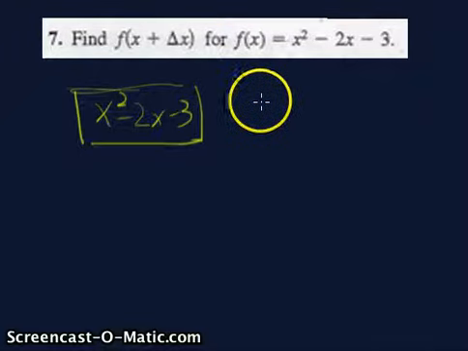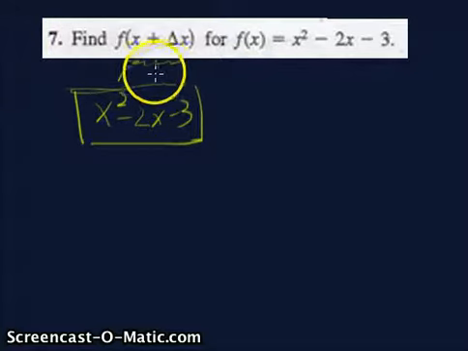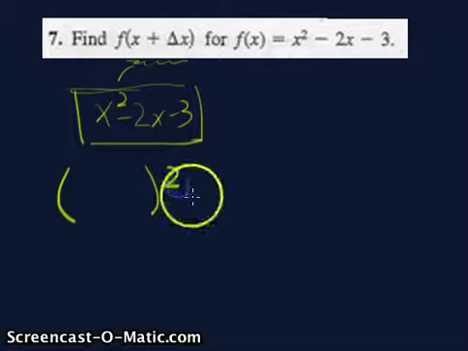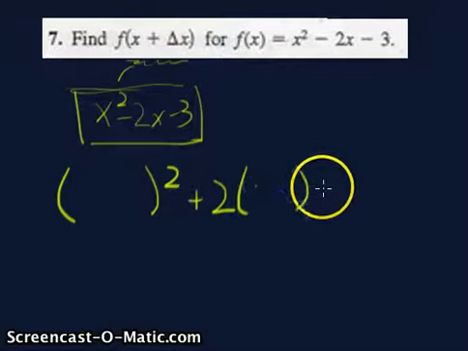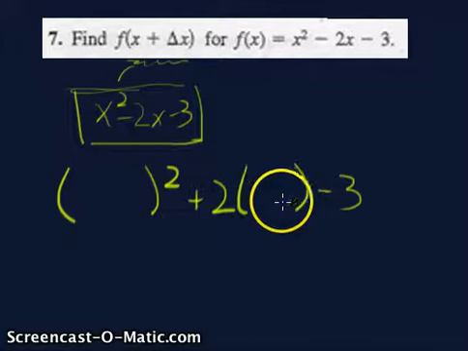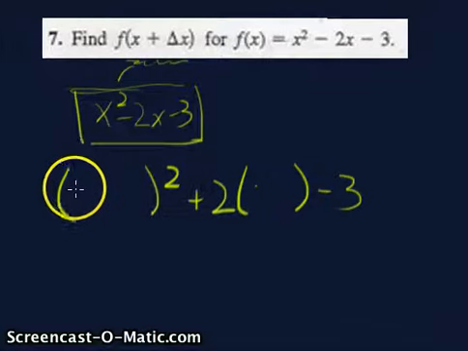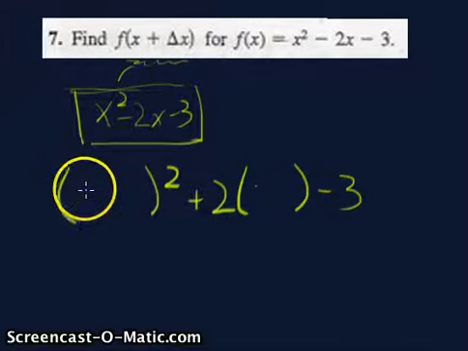And what are we going to do? We're going to plug in x plus delta x in for the x in the function box. So the function says something squared plus 2 times something minus 3. Well, what are we going to put in there? We're going to put in there the value or expression